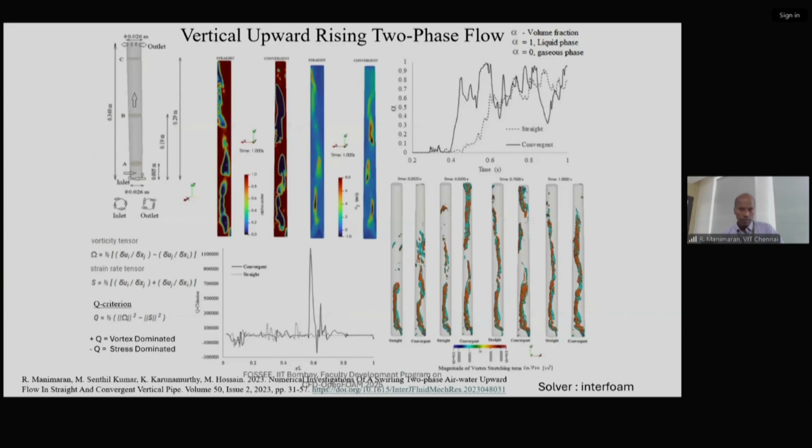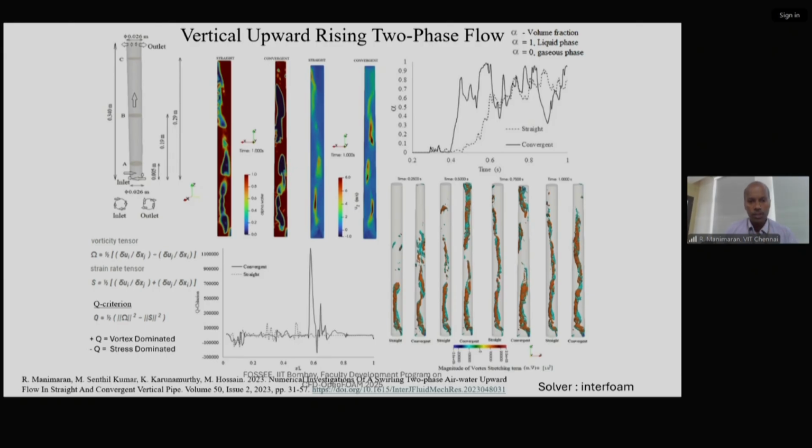Coming to the next application, where again the interFoam solver is used, we can see an upward, vertical pipe where the flow is rising. It's not just water flow; it is both water and air. As you know, air is flowing upwards, but the novelty we have found with the pipe here is that they've introduced